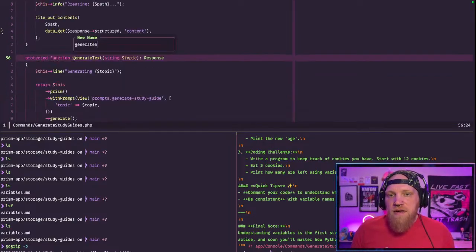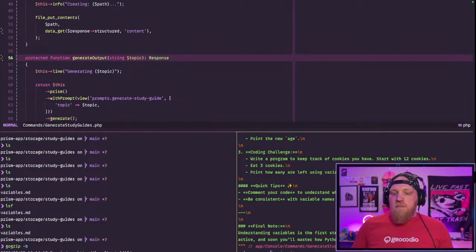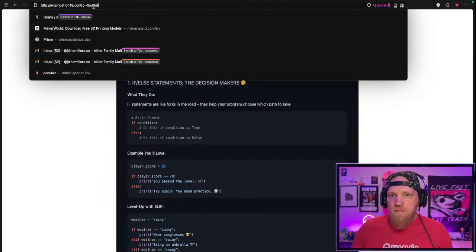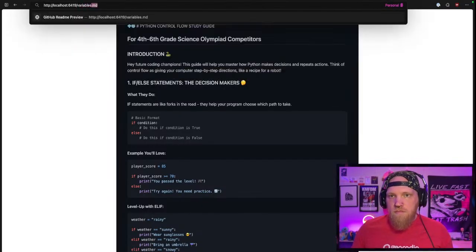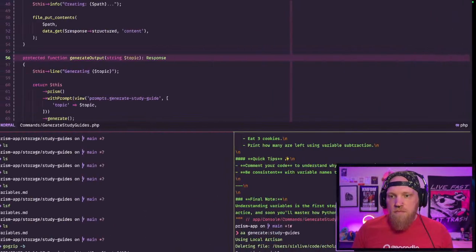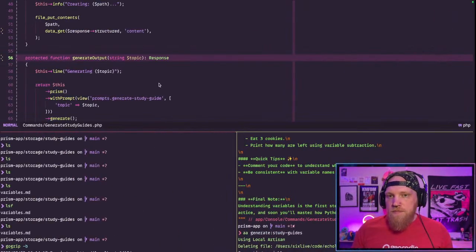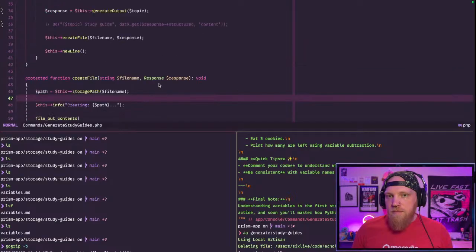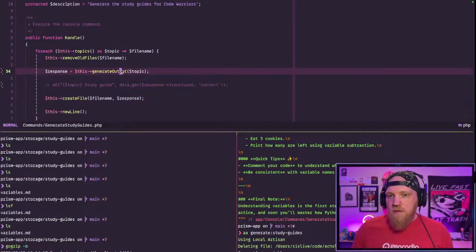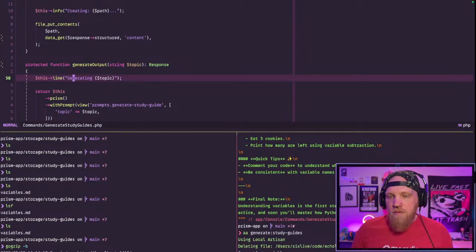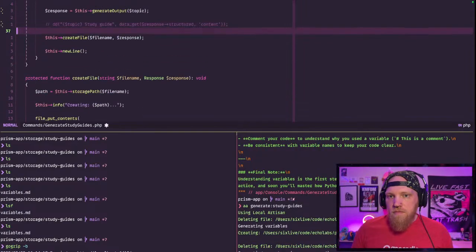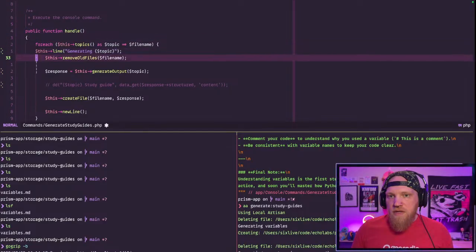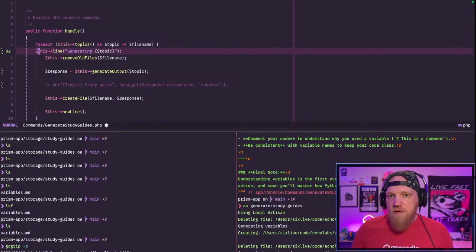Let's rename this generate. I want to update this to